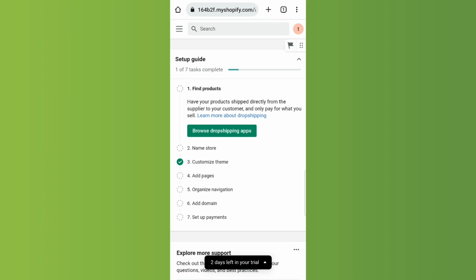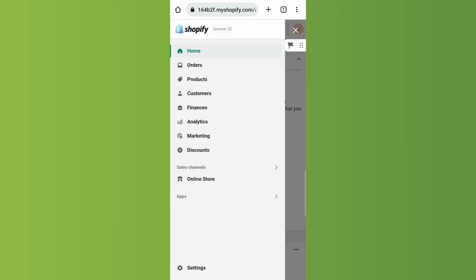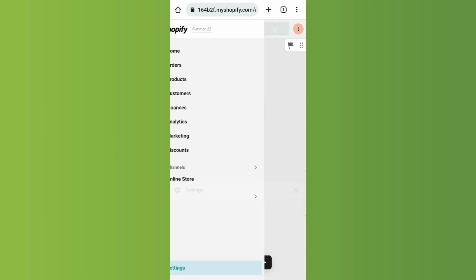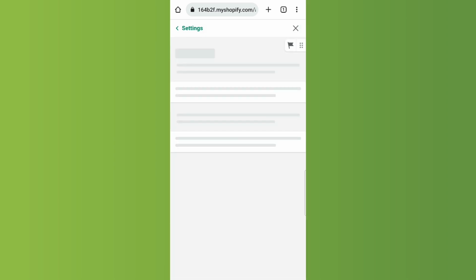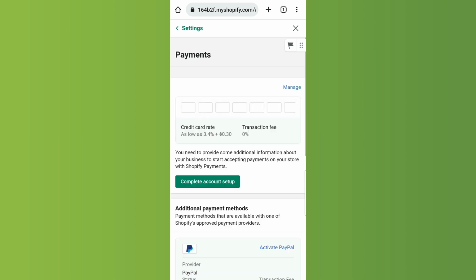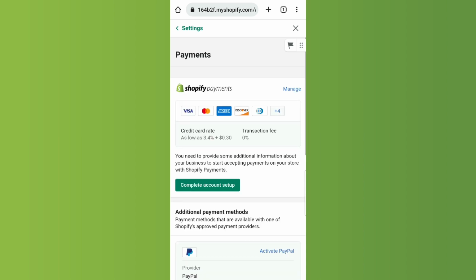So go ahead and open up your Shopify admin, and once you do that, click on the three lines at the top left of the screen. Then click on settings at the bottom left of the screen. Once you're here, click on payments to access the payment section of your Shopify store,